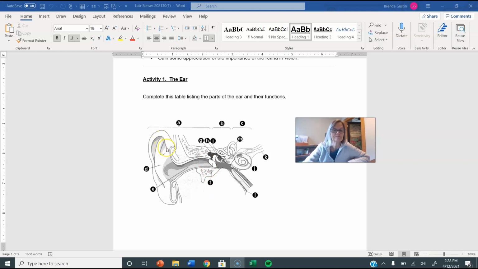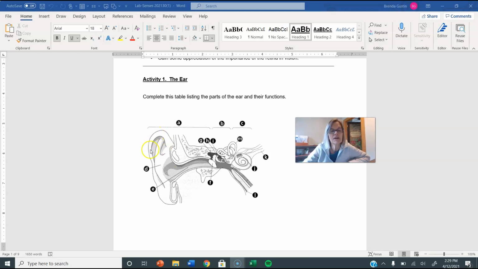I would recommend you try this as a way to practice this information. Use the picture. The part of our ear that we see on the outside and think is cute and like to hang earrings on is called the pinna. Some people call it the auricle, but our book uses the word pinna. That's typically what we've called our ear, but that's really only what you see on the outside. If you look at this whole section A, that whole section is what we would call the outer ear. So it's the pinna and the region in which you could potentially stick a Q-tip and access it from the